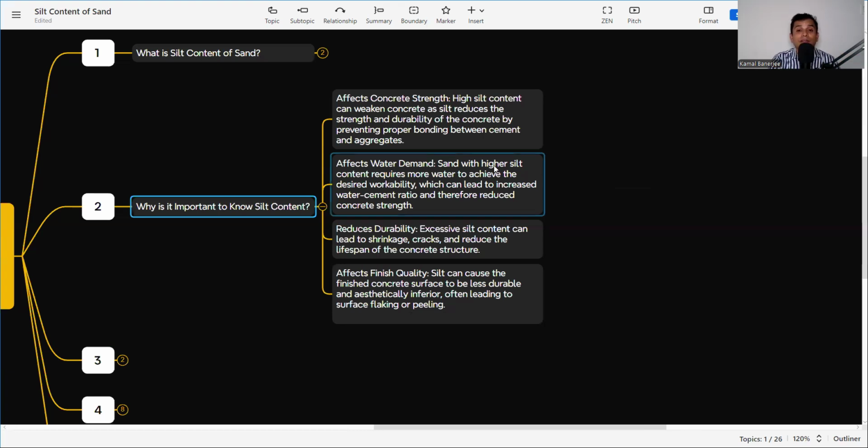Then it affects water demand. Sand with higher silt content requires more water to achieve the desired workability, which can lead to an increased water cement ratio and therefore reduce concrete strength. So it has more demand for water for workability, but whenever the water is increased, the free water will be more inside the concrete, and again it will affect the concrete